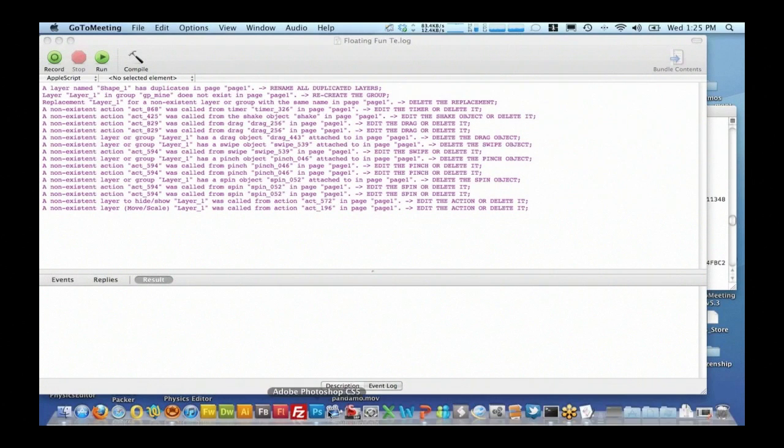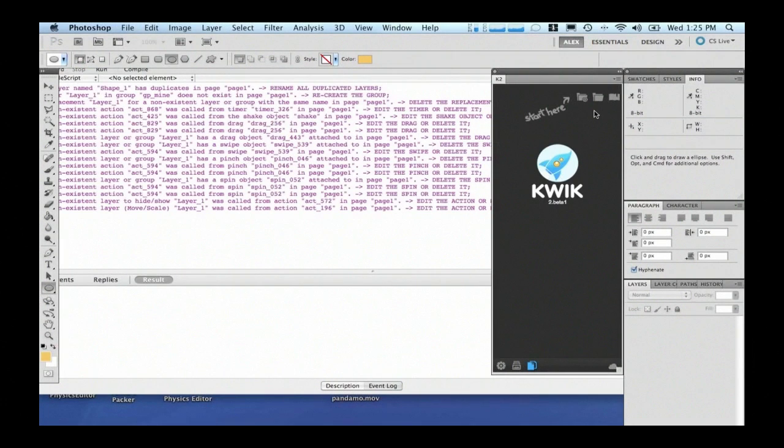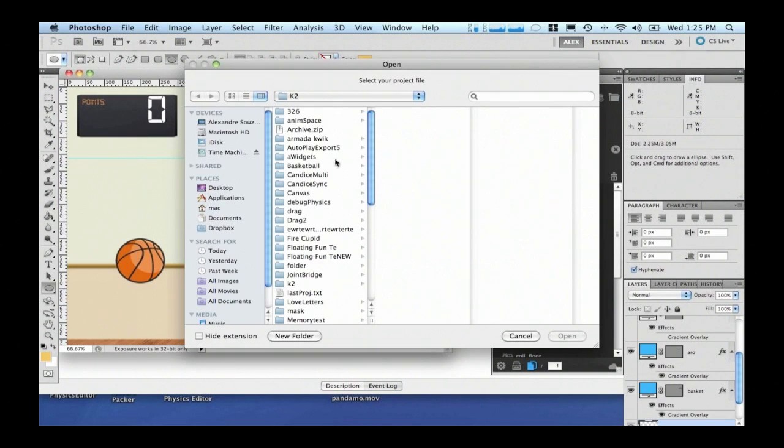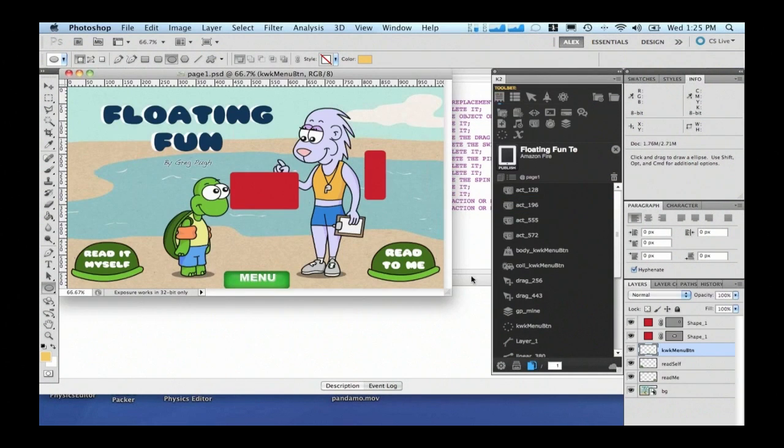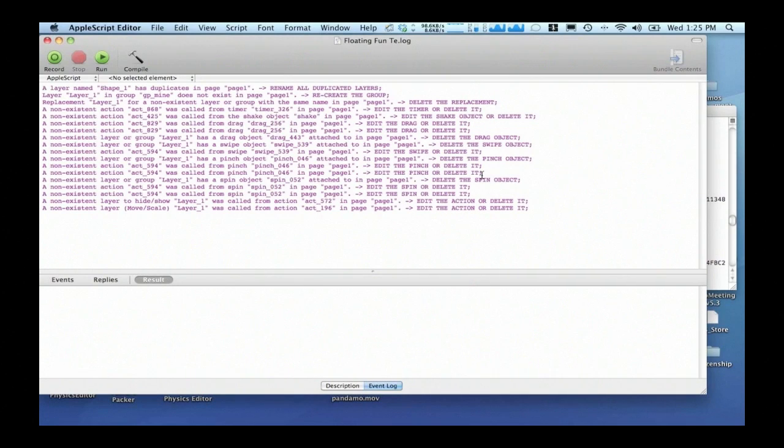Okay, so I'm gonna quickly come back here. So as I mentioned, the interface is new. The basics is there, but let me open here because I think this is a nice thing to show you, which was the project with issues. If you have a project, you click publish, automatically Kwik will tell you if there are project issues or not, and if it has issues, Kwik will show you this report, telling where the issue is and how to fix it. So I think it's automatic.